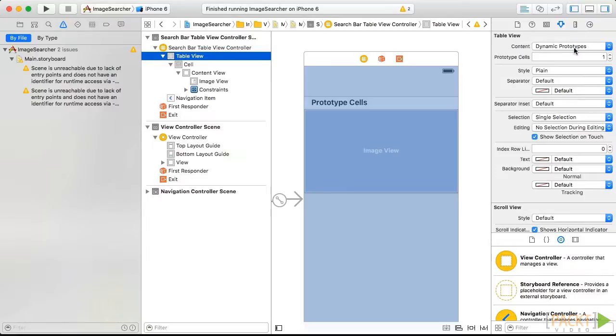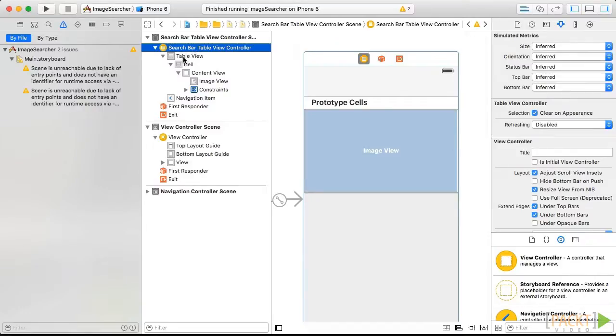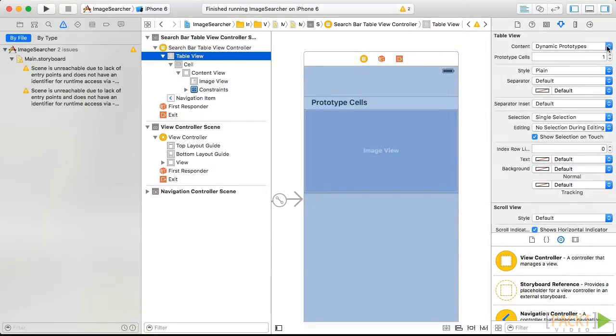We select the table view below UITableViewController in the hierarchy of views on the left. Then, to the right, we can see in the Attributes Inspector how to choose what type of cells we want to use. Now that we have learned a little bit about table views, let's talk about the